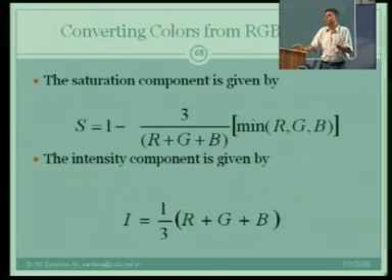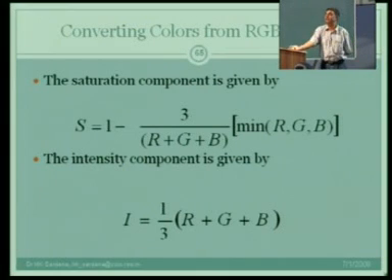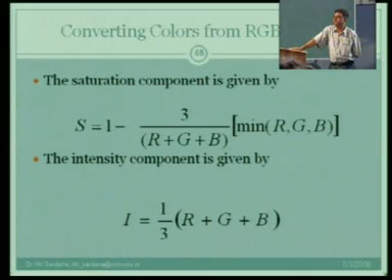If you have say 255 levels, you may have S and I given as 255, but in engineering sense S and I will be unity, 0 to 1, and hue will be in radians. But if you like, you can convert hue into degrees, and S and I as color intensity values, say 255, or saturation you may choose to have 100 as maximum. These are again further choices of how you want to process them, but this is how it is.